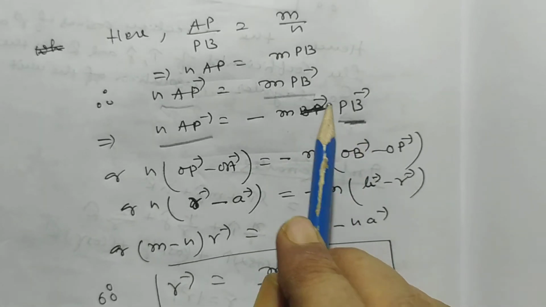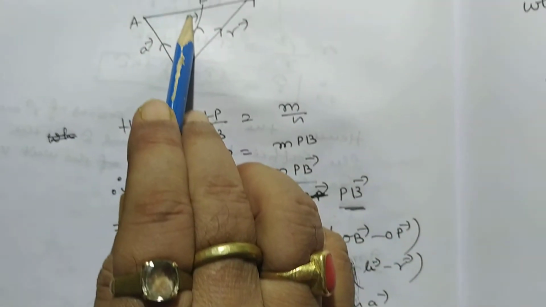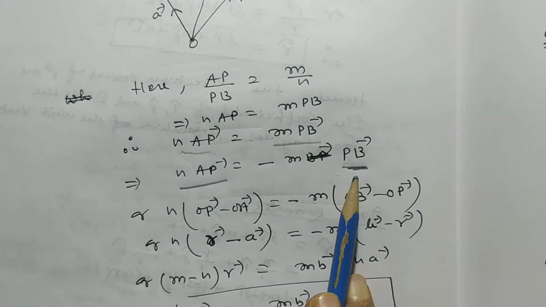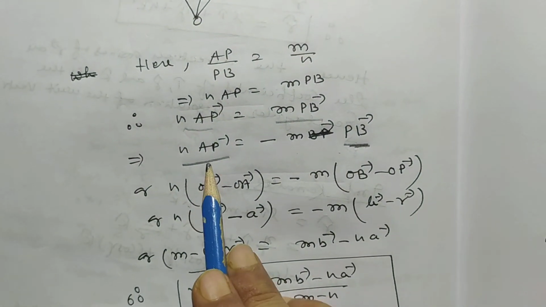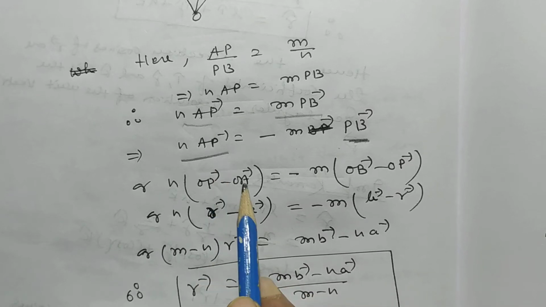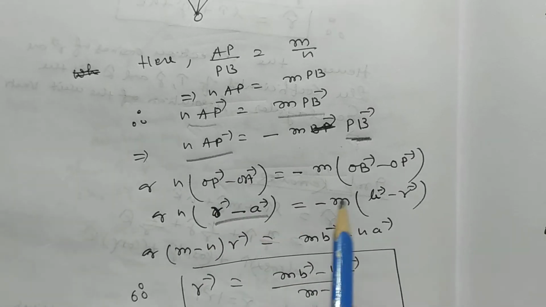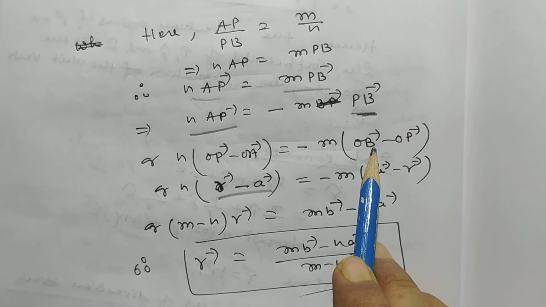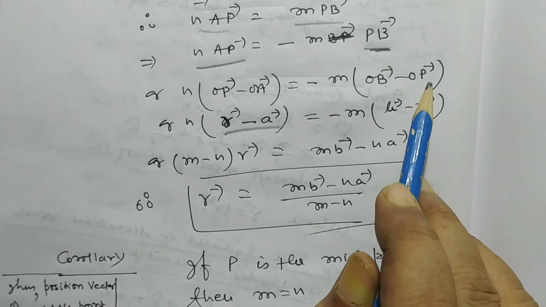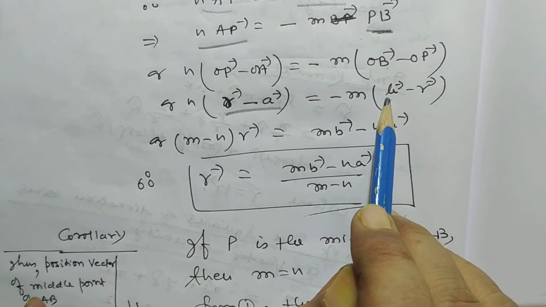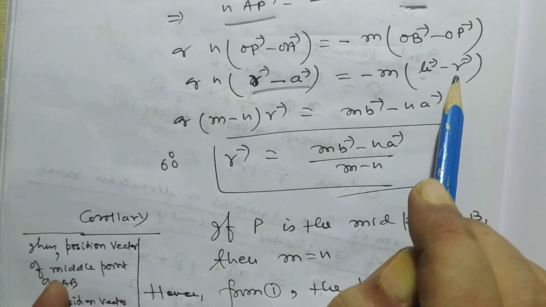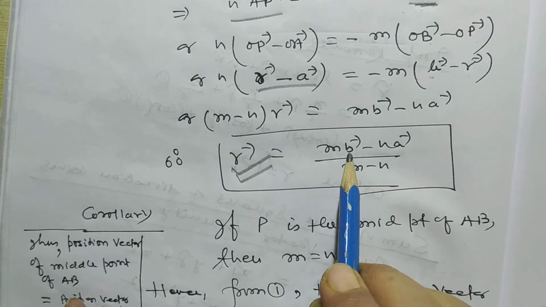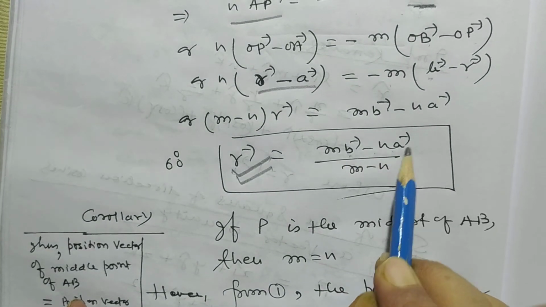Minus m vector PV. PV, not BP, therefore it is minus PV. AP can be written as position vector of P minus position vector of A, that is vector r minus vector a, minus vector m. And PB can be written as position vector of B minus position vector of P. Position vector of B is vector b and position vector of P is vector r. So after simplification we have vector r is equal to m vector b minus n vector a divided by